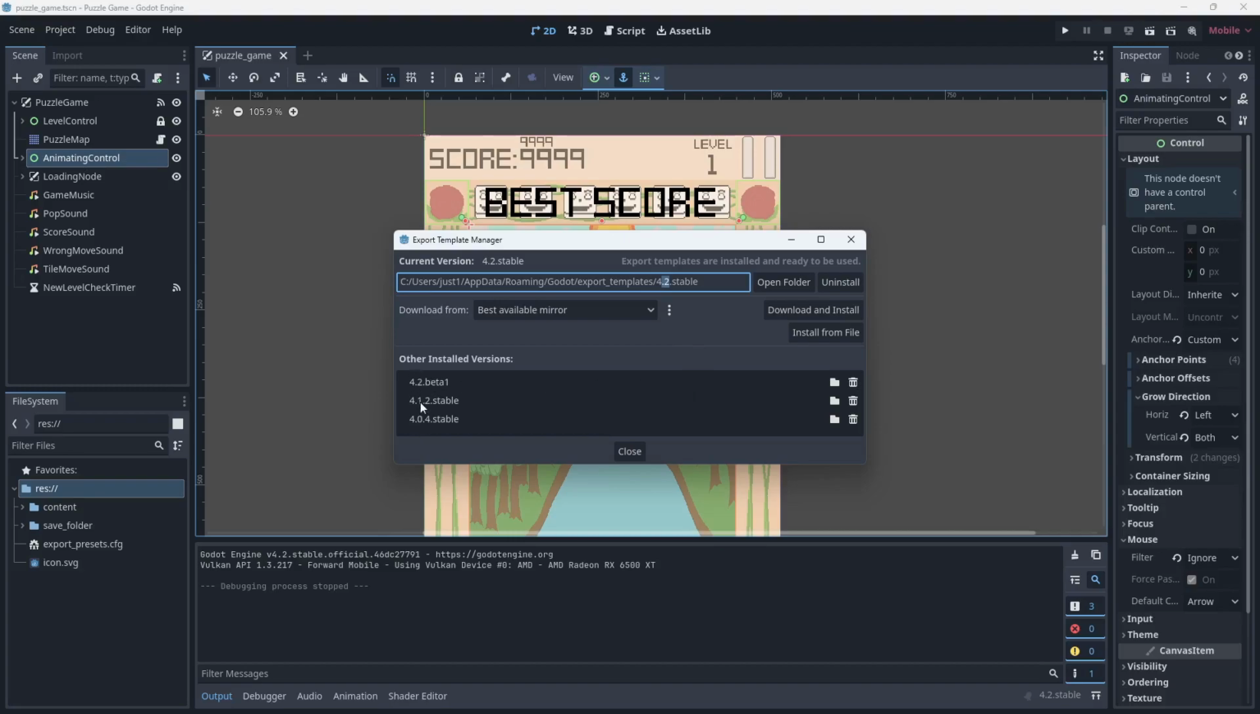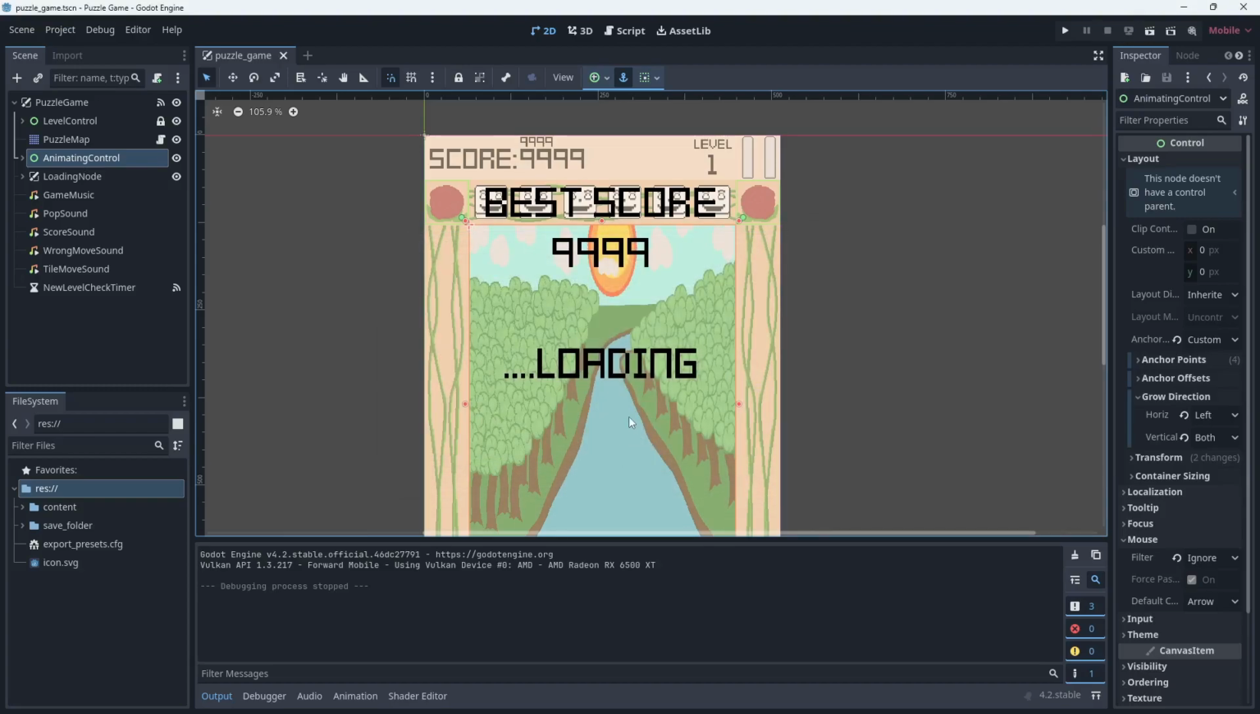And you can see I have several different ones because I run several different engine versions. I've been developing in Godot since 2016, so I've run many different Godot versions. So you'll choose download and install, and it'll take a couple of minutes and install a template. Once that's done,